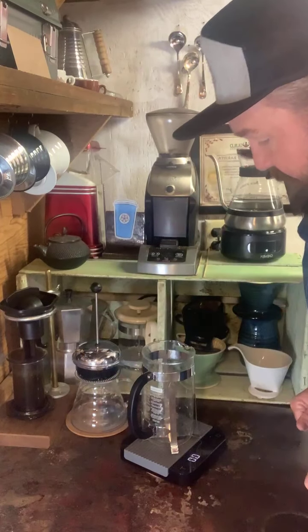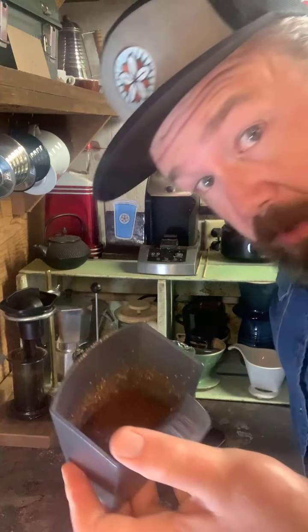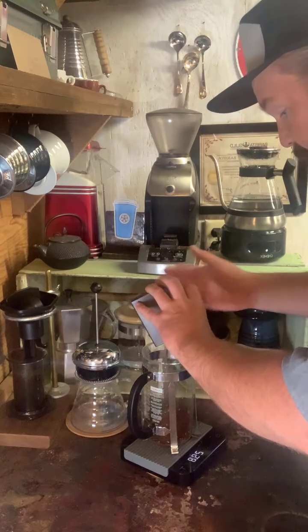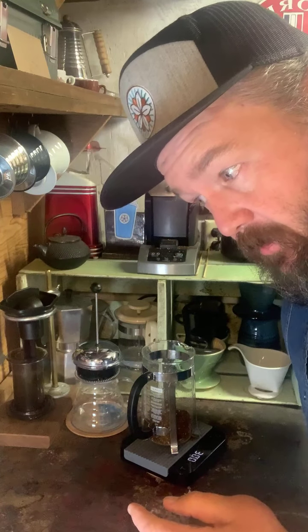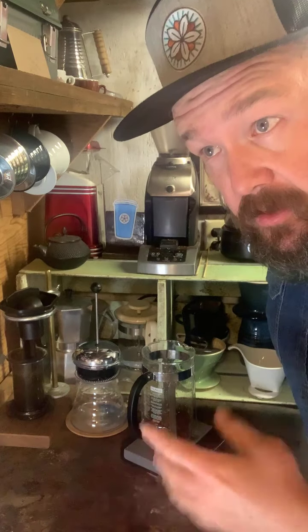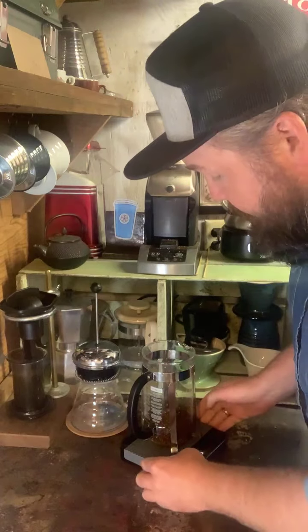Just going to put my press on here. I have some pretty coarsely ground coffee in the amount of 30 grams. There we are. Multiply 30 with full immersion, I'm going to multiply by 15. I want to go with a little bit stronger ratio, so 450 would be my grams of water